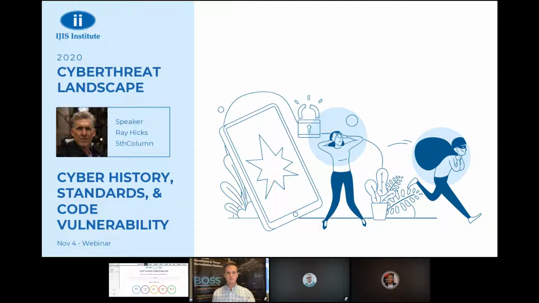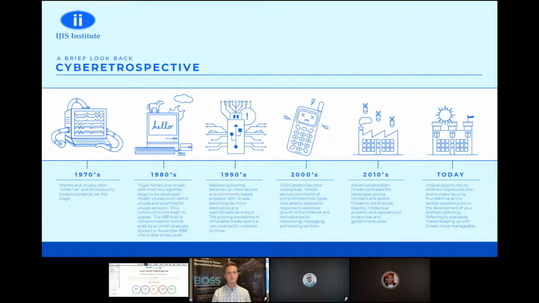Before we talk about that, I often find it very useful to take a look at where we've been as it relates to the compounding threats that we are dealing with on a day-to-day basis. And so in that vein, going back to the 70s, the beginning of what we call the digital era, even though a lot of it was still analog, we had the first introduction of computer-based viruses and worms and other nefarious software programs of that nature. You move into the 80s,